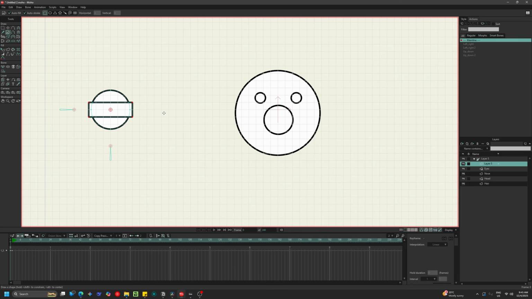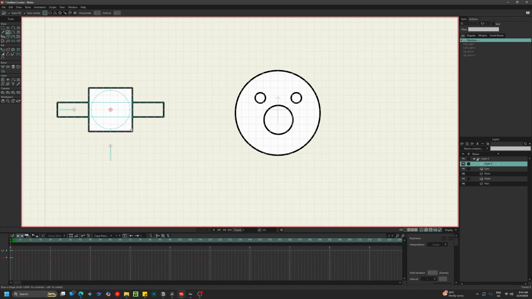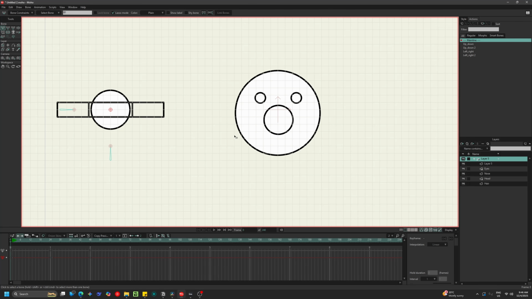Maybe we won't push it so far. Just sort of have it going out about 4. And yeah, we'll take out the fill for this, and we'll take out the fill for that. And then yeah, we'll just draw one more. We'll turn on the grid. One more to about there, I would say. I mean, we could leave the circle there if we really wanted to. It's not a bad idea to do that. Yeah, maybe something like that. Not the best control system, but if we